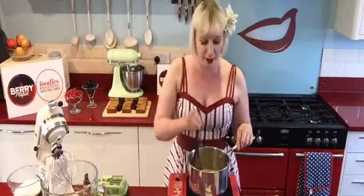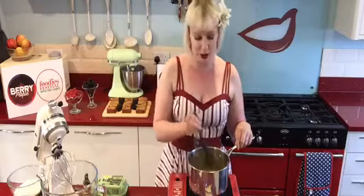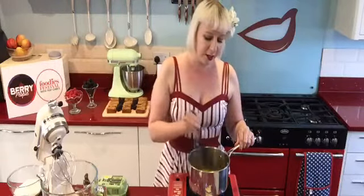Now, when the butter has browned, I'm going to pour it onto my white chocolate to melt the white chocolate I'm using for my blondies. In the recipe, I say that you should use a 35% white chocolate. Now, the percentage given in chocolate is the percentage of cocoa, okay? And with white chocolate, you're looking at mostly cocoa butters and cocoa fats, which is why it doesn't behave as well as...